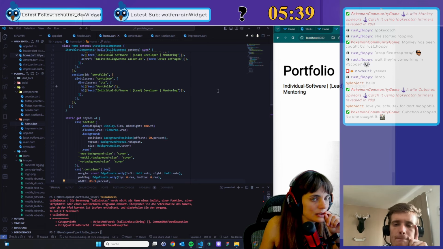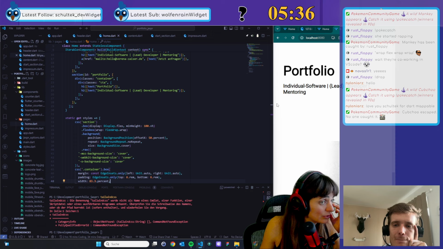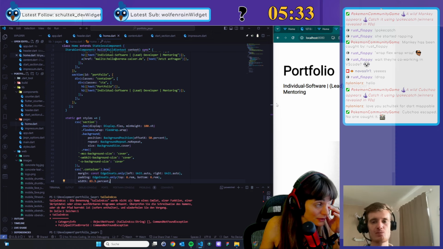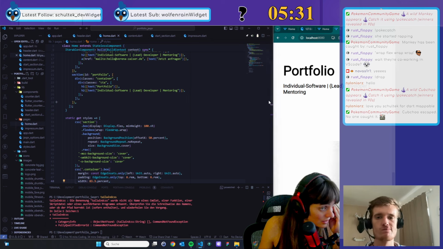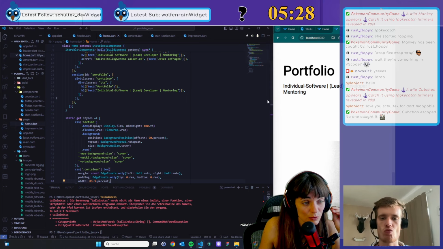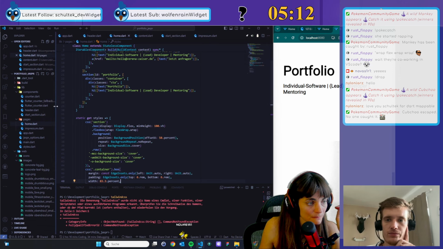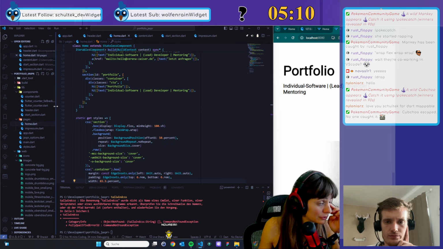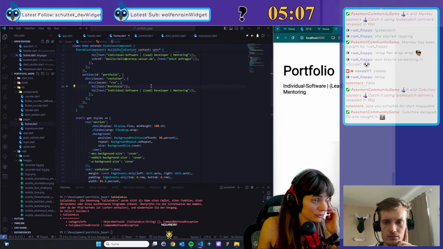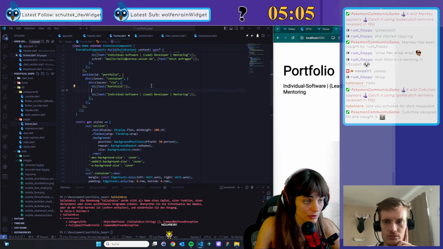Okay, yes. So, real quick, let's jump back to the portfolio thing. You said you have some idea how to do that, and that would be: I would create a portfolio item component that you can reuse for all the different apps. Yeah, absolutely. And then we need to do some logic to switch between them. But we could do the component real quick and then see. I don't know yet. We'll see.